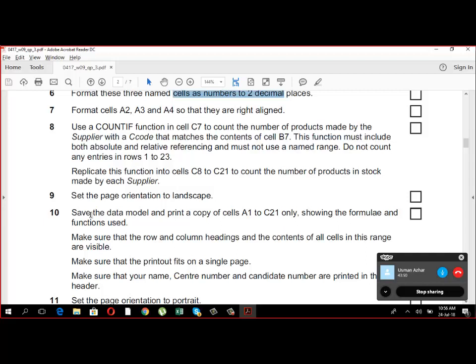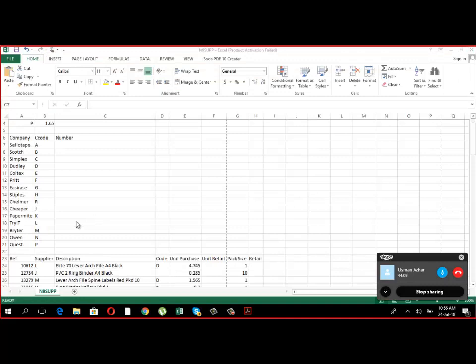We have to use COUNTIF, number of products made by the... Just tell me what the question is. Don't tell me how to do it. In C7 we have to use COUNTIF function to count number of supplies